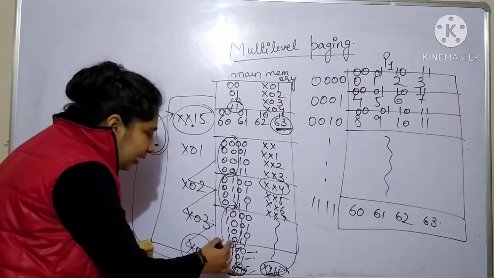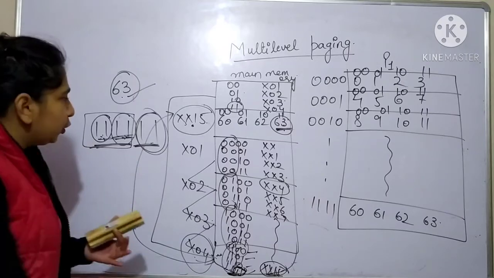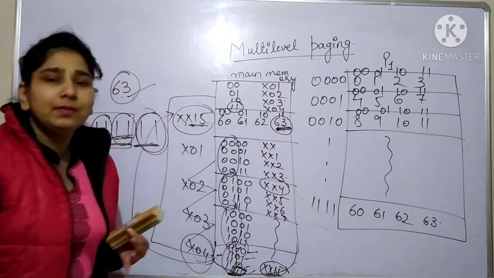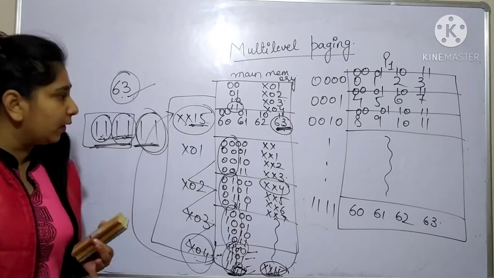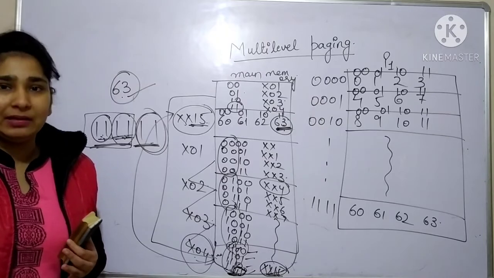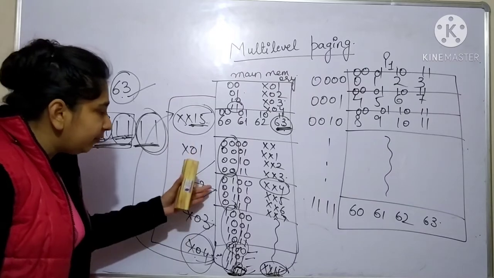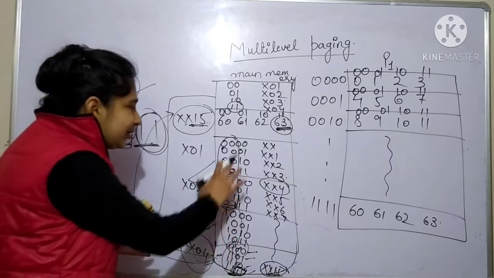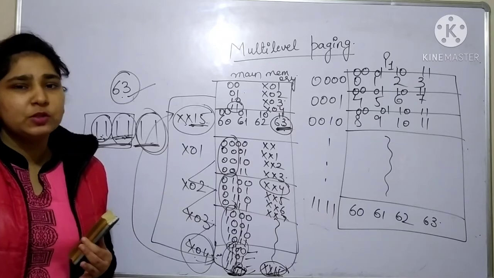If you have reached one location, you now go to this frame number or this reference. You go to that reference and you will get your instruction number from there. So this is how multi-level paging is going to work. Multi-level paging means if your page table size is very big, you have to store one page table in many frames of the main memory. So if you search each and every frame of your page table, it is going to be very time consuming.